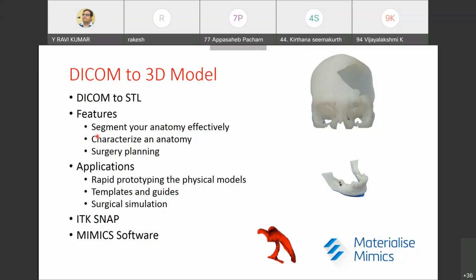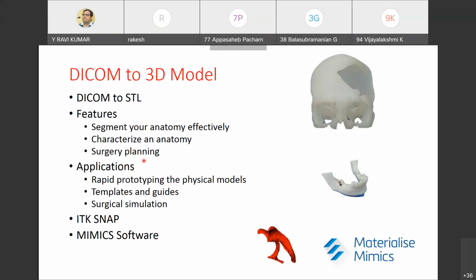After that, they will do the real surgery. These kinds of things can be done with 3D printing and 3D models. That is the importance of converting these DICOM images to a 3D model.